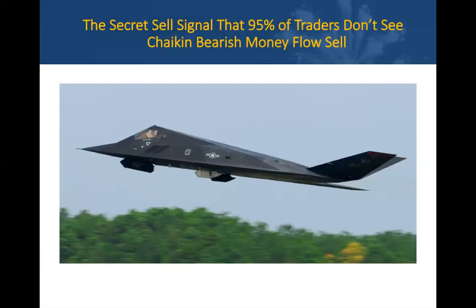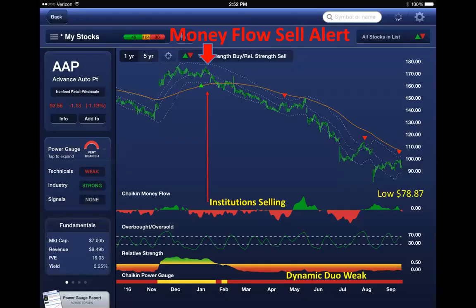Now, this special pattern of Chaikin Money Flow is really a secret sell signal that 95% of traders never see. We call it the Chaikin Bearish Money Flow Sell Alert. And we've been teaching this pattern to institutional investors for over 30 years. Chaikin Money Flow has been in the marketplace since 1982. Now available on every one of your online brokerage platforms, stockcharts.com, Reuters and Bloomberg if you're an advisor. But there's a unique pattern that we call a money flow sell alert. It happens when a stock makes or equals its previous peak, and Chaikin Money Flow, instead of going green as it normally would,